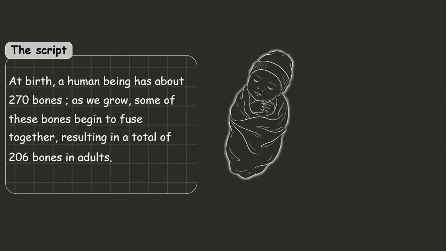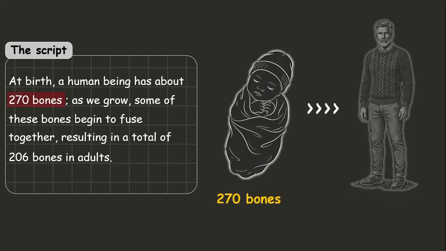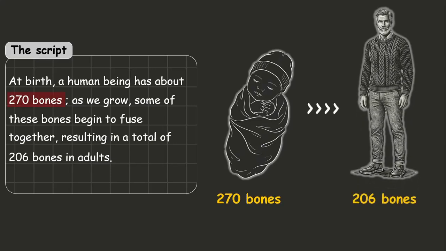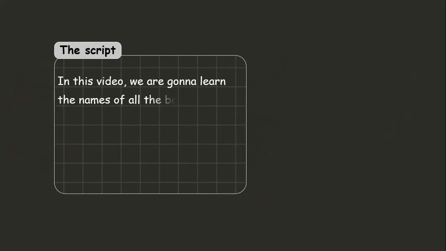At birth, a human being has about 270 bones. As we grow, some of these bones fuse together, resulting in a total of 206 bones in adults. In this video, you're gonna learn the names of all the bones in the human body from the head to